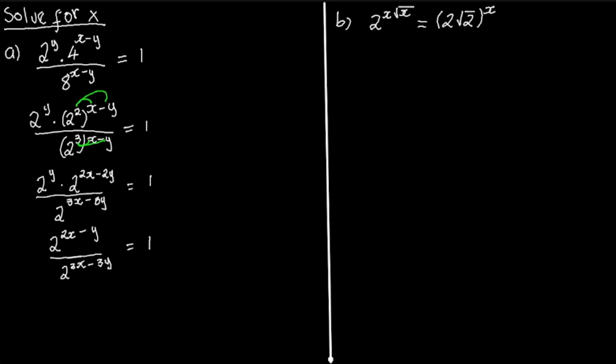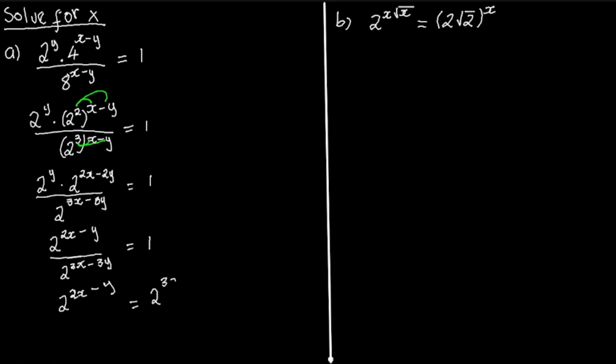But for me, at this point, I feel like using cross multiplication is going to be a bit easier and faster. So we are going to be having 2 raised to the exponent of 2x minus y equals